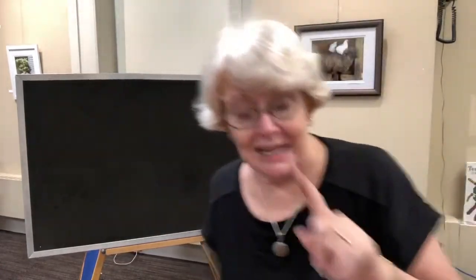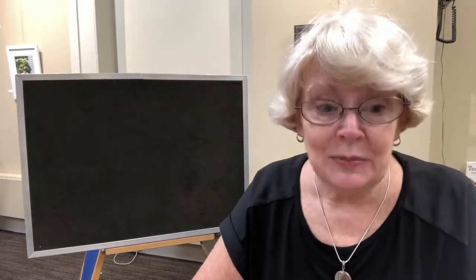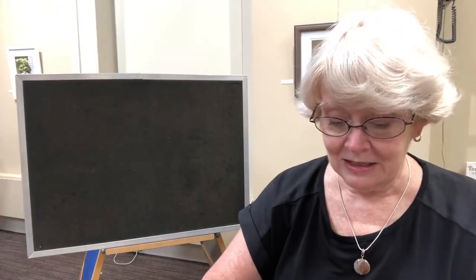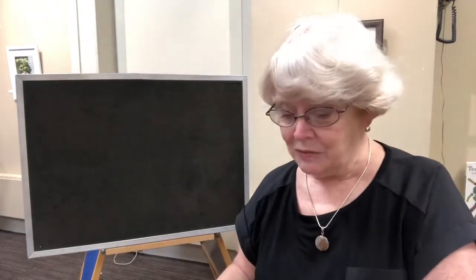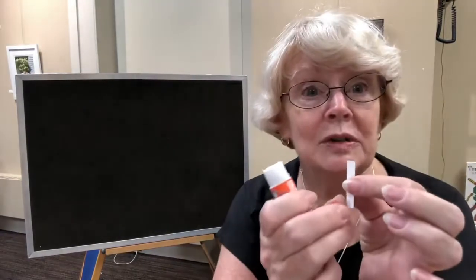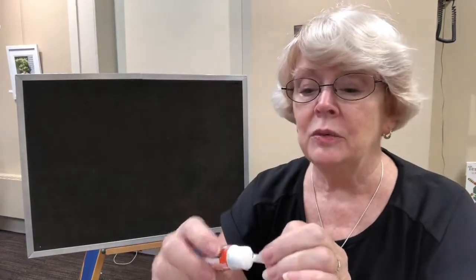And we have one last thing that you can make. In your last bag, you'll find something that looks like this, a red piece of paper, and something that looks like this, and something that looks like this. And what you're going to make is a bookmark. That's a candle. So get that glue stick that we used before, take your white strip, that's going to be the wick, and you're going to want to